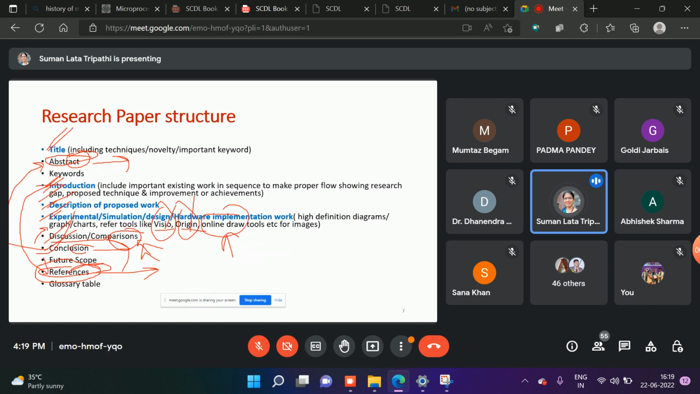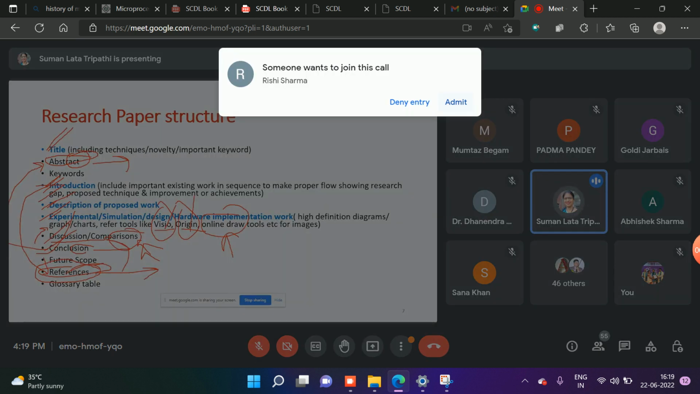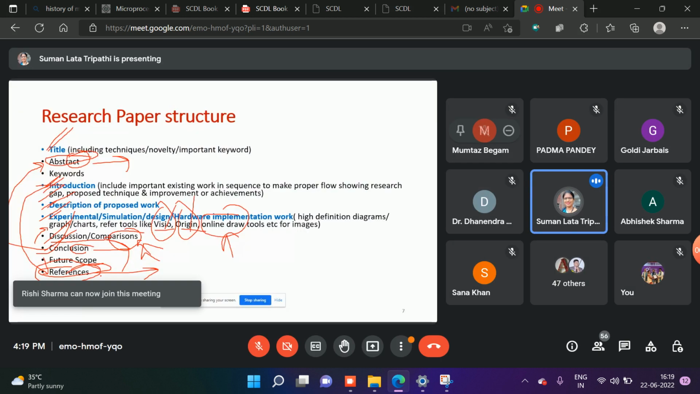But suppose you have written the introduction and description, everything is done, and there are not many references. Later when you add the references, you may miss certain references which you have read very thoroughly, and